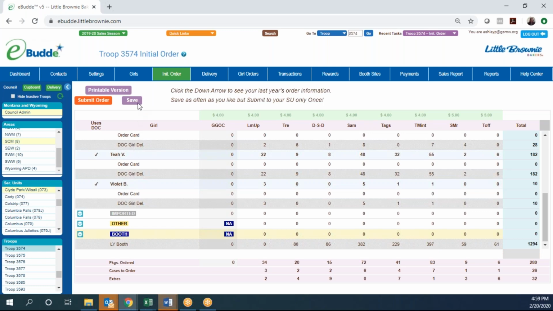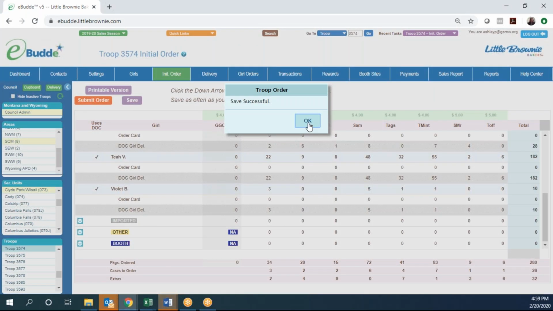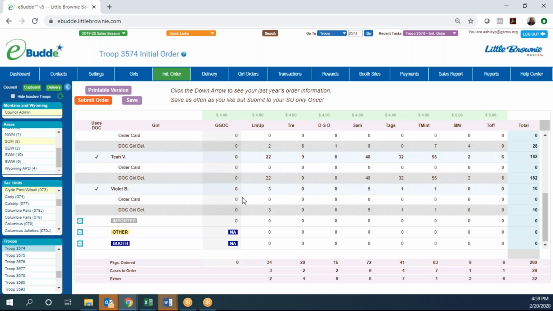Once you've verified everything, again, you'll click save. It will let you know if your save is successful, and you can check over this a couple times. All troop orders need to be submitted by the date notated on your troop envelope and in other council materials. And should you need help with opening up an accidentally submitted order, you can reach out to your service unit for that, or you can email